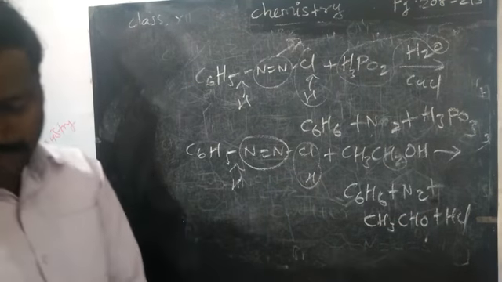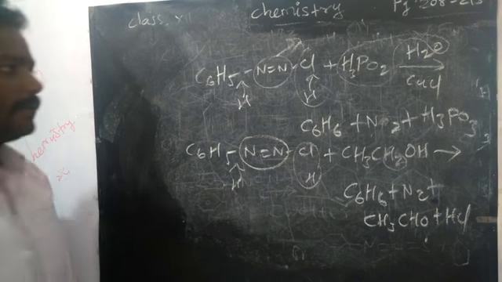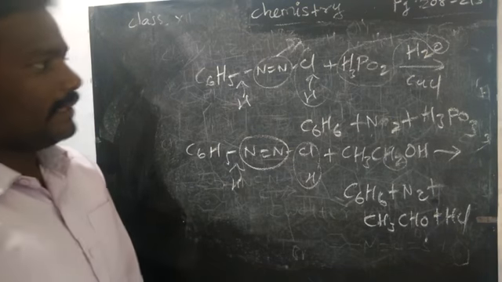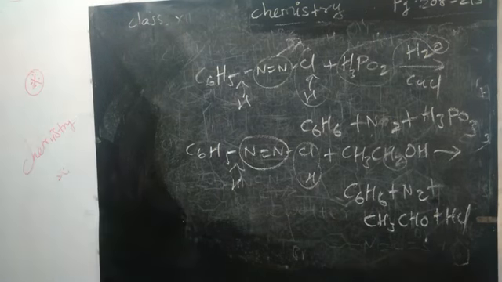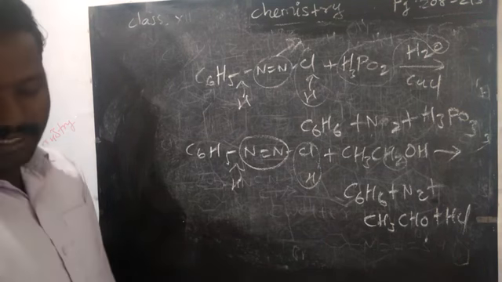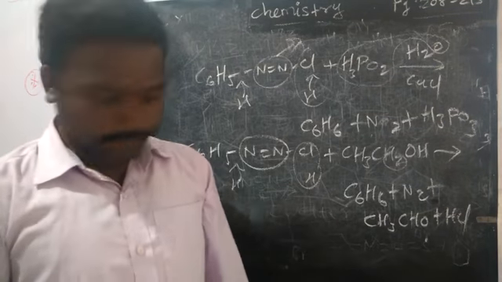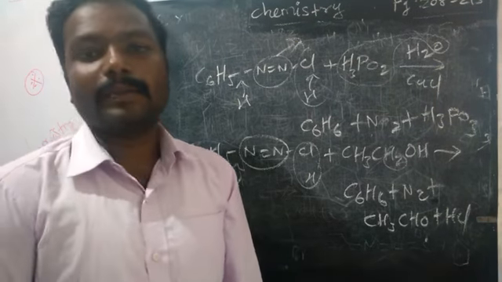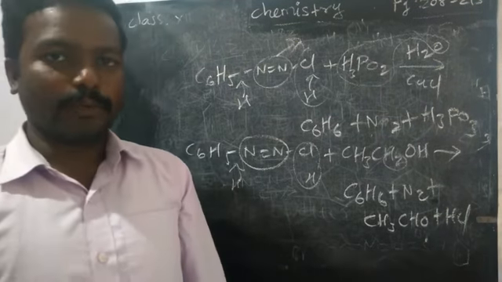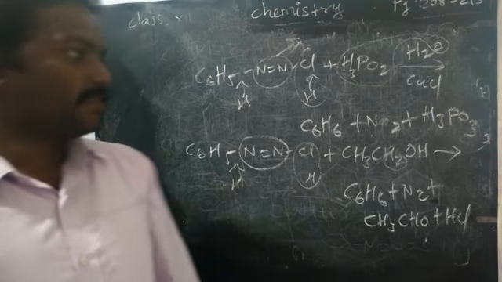Okay. Then Sandmeyer reaction, Gattermann reaction. By taking the copper salts, cupric chloride, cuprous chloride. We can finish the class here because we don't have space for the remaining Sandmeyer and Gattermann reactions. We will see them in the next video because of insufficient space.